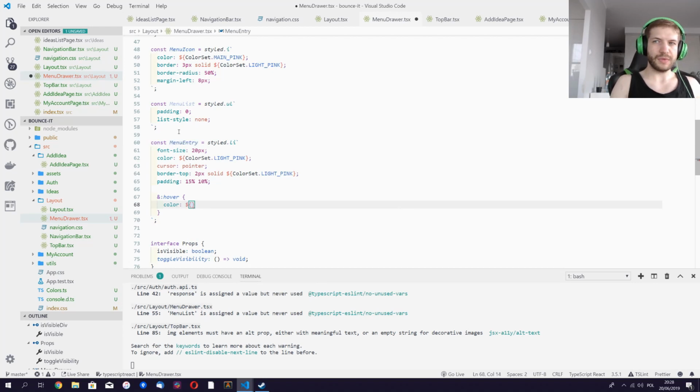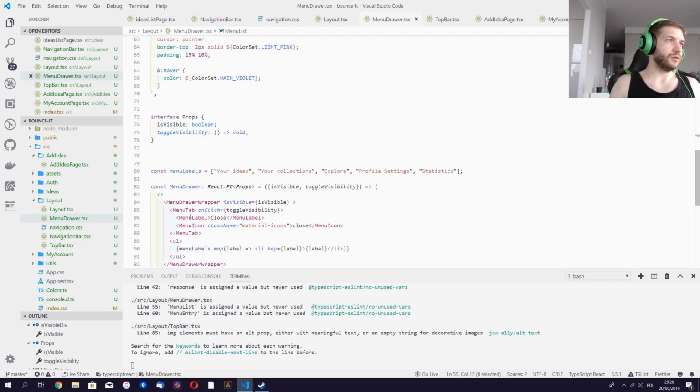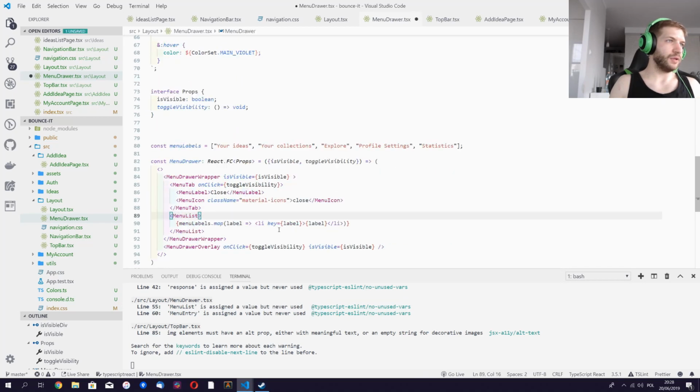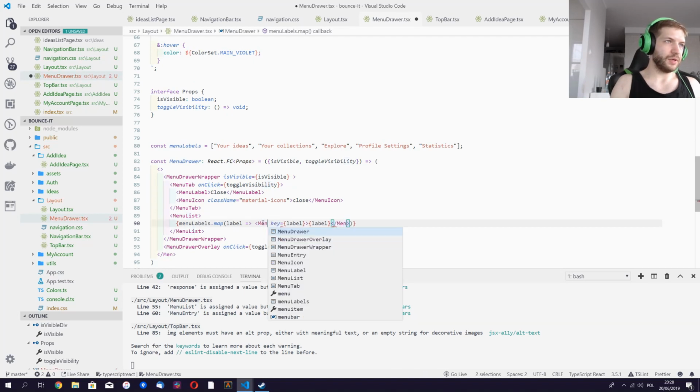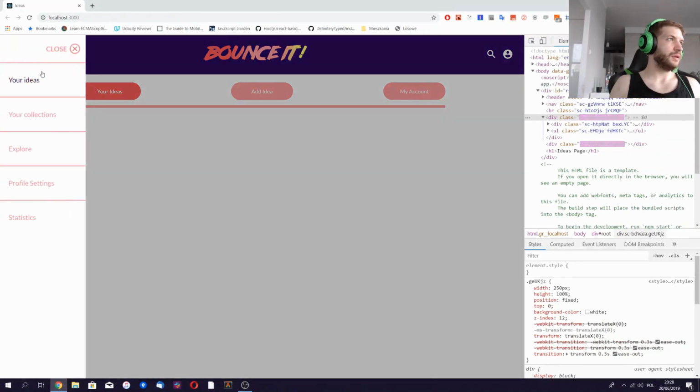be color set like main violet, maybe. Okay, and let's just use those. So this is gonna be menu list, and this is gonna be menu entry. Why are we doing this? Okay, let's see. Yeah,